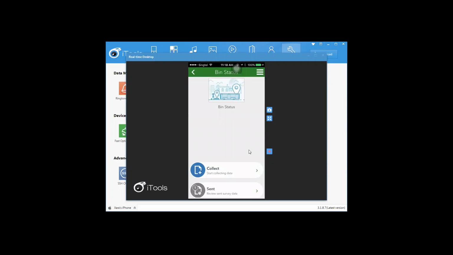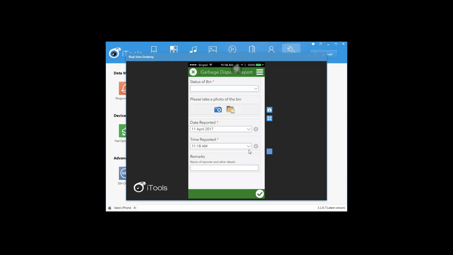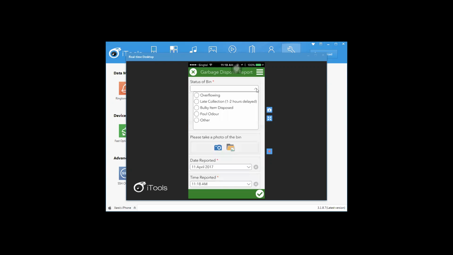After tapping, if I would like to add in a response, I just have to tap on collect. And from here, I have the pre-created questions based on the complaints or the pain points of the general public or my customers. If I were a customer, all I have to do is tap on the drop down of status of bin to report an existing bin status.